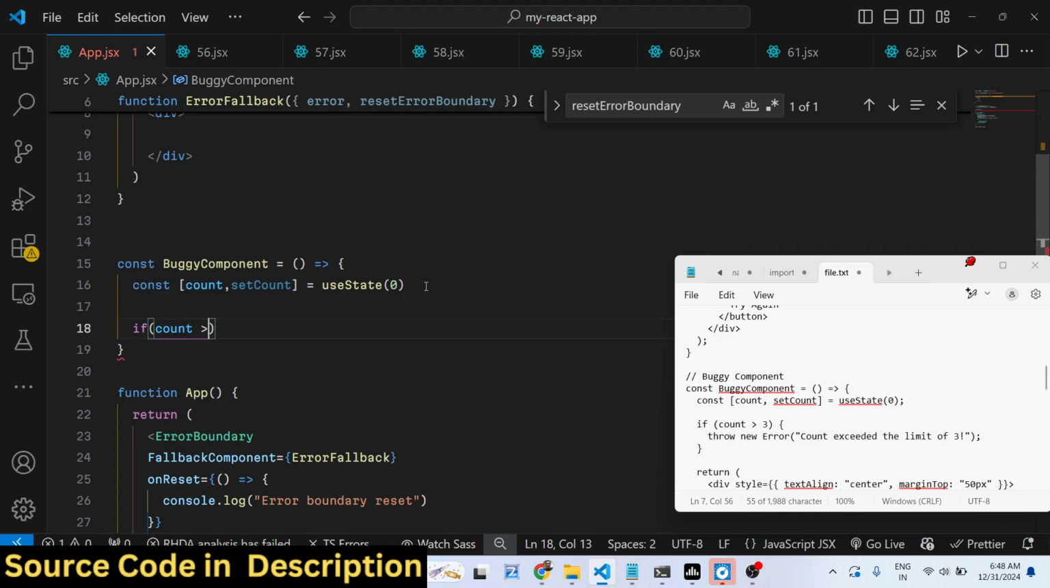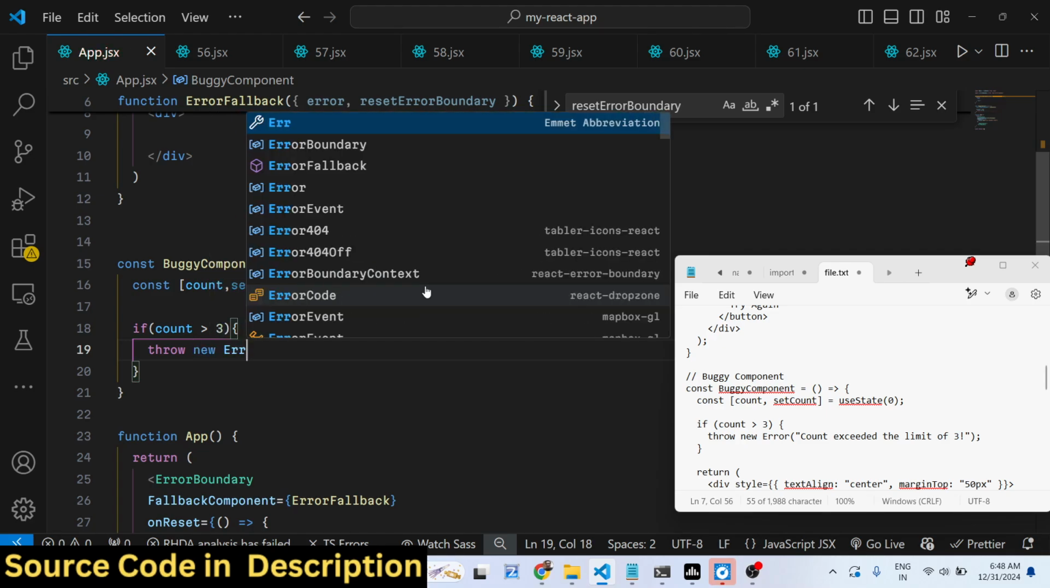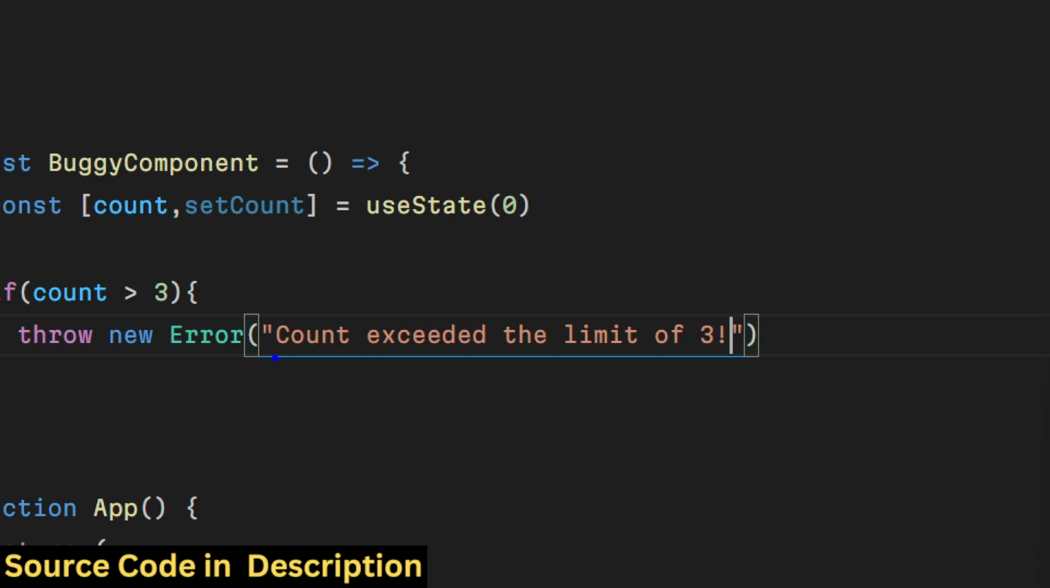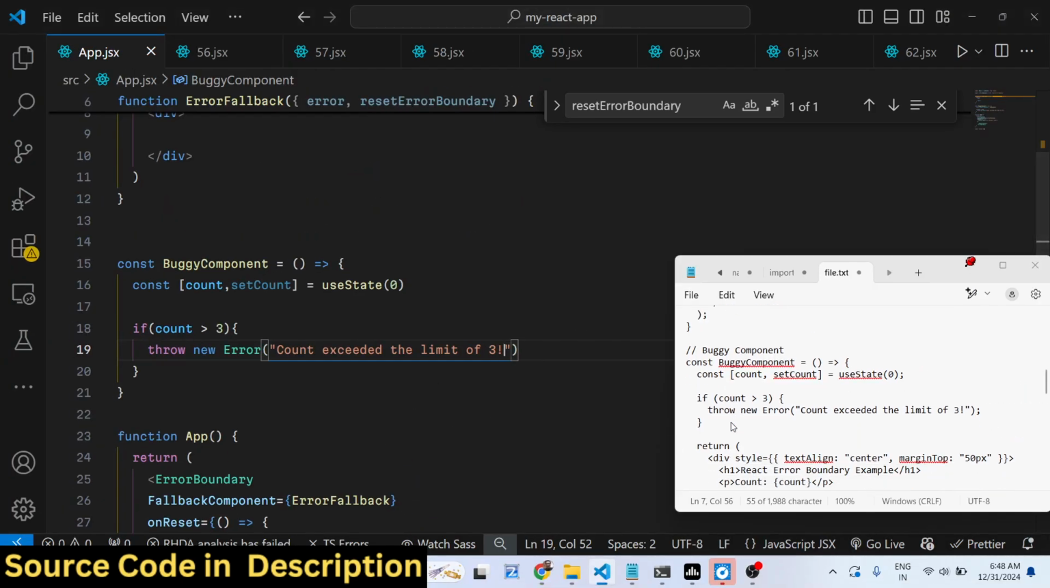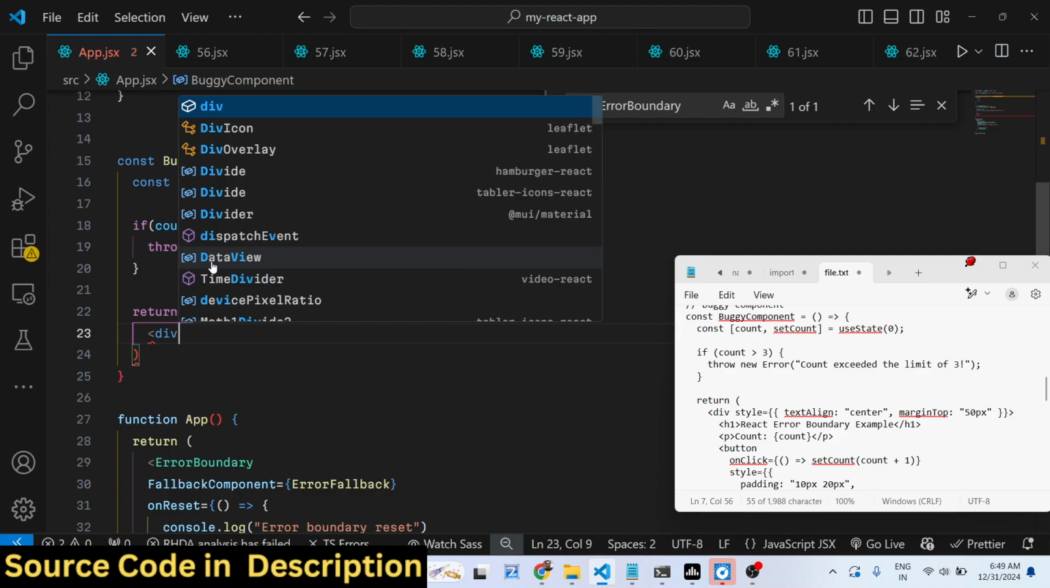If the count value is greater than 3, in that case, we just need to throw an error, and this error will say count exceeded the limit of 3. So I'm just taking a very simple example. You can have your own application depending upon that you will give your error. So in this way you can do that, and then we simply return the JSX inside using JSX expression, and then here